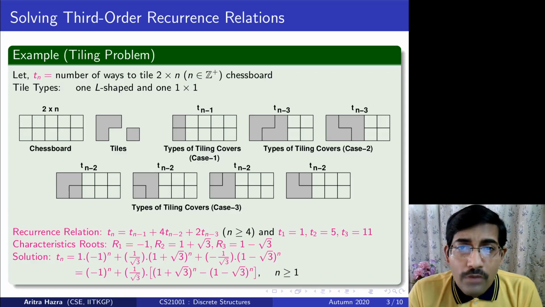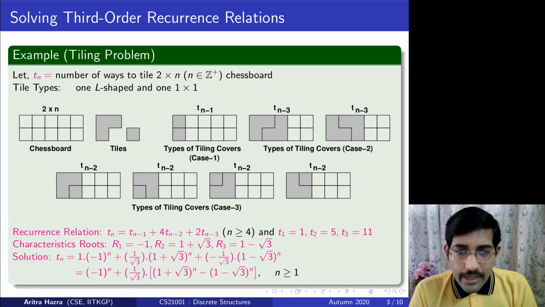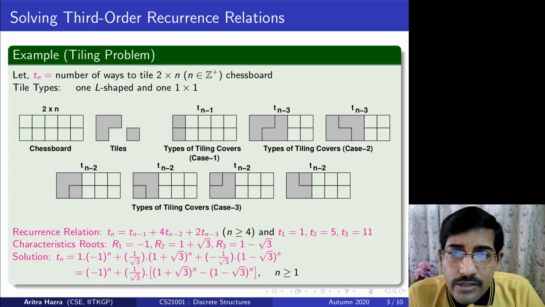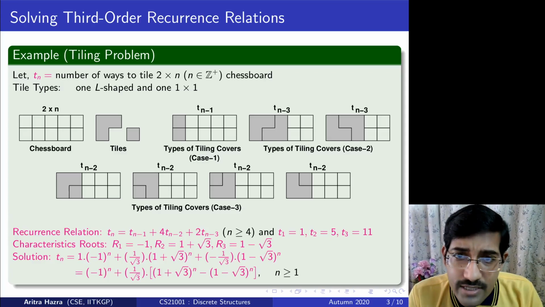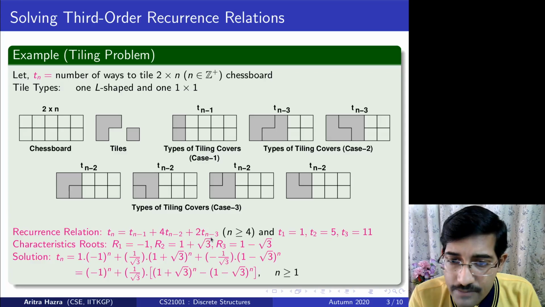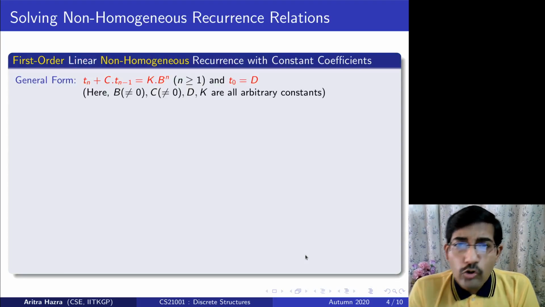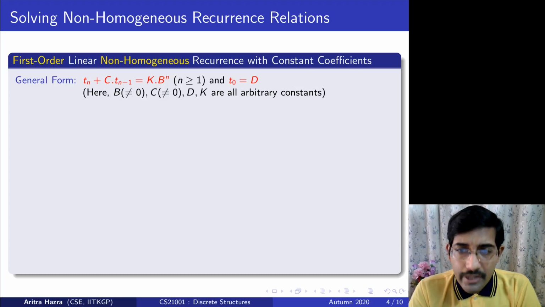So all of these we have discussed till now, either first order or second order, we primarily considered the homogeneous case, that is the function is 0. There is no added function apart from the terms with constants. See, in this example also we haven't added any function. But generically, if we have a non-homogeneous recurrence, so for the first order non-homogeneous linear recurrence, we have seen